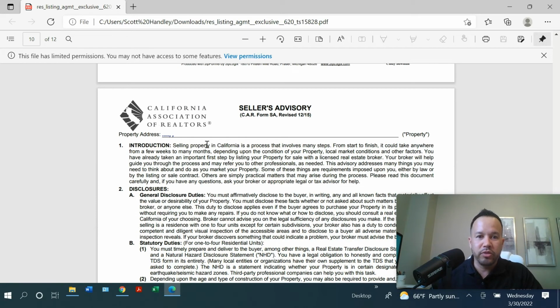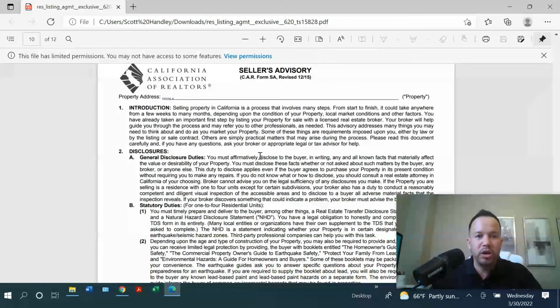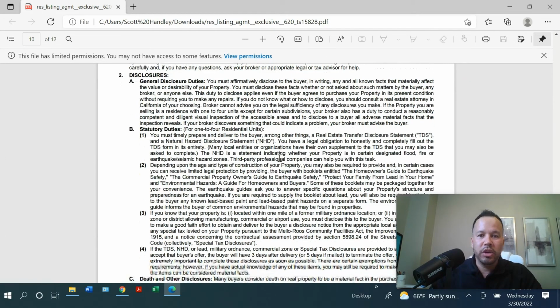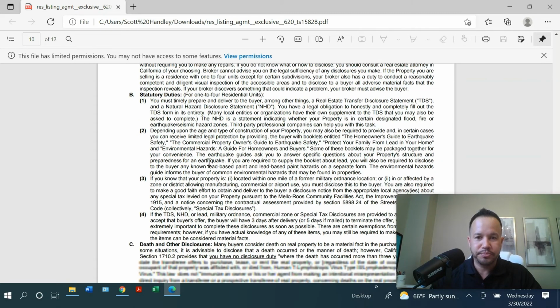So seller advisory is very simple. And again, once you fill out the property address on page 1, it's going to populate the address over on this form as well. It just talks about the general duties of a seller, which also it highlights, the TDS, the SBQ, and you need to disclose any material facts about the home. Are you aware of anything? Is it an airport noise zone? Is it in a flood zone? Is it in a fire zone? Something like that. As a seller,